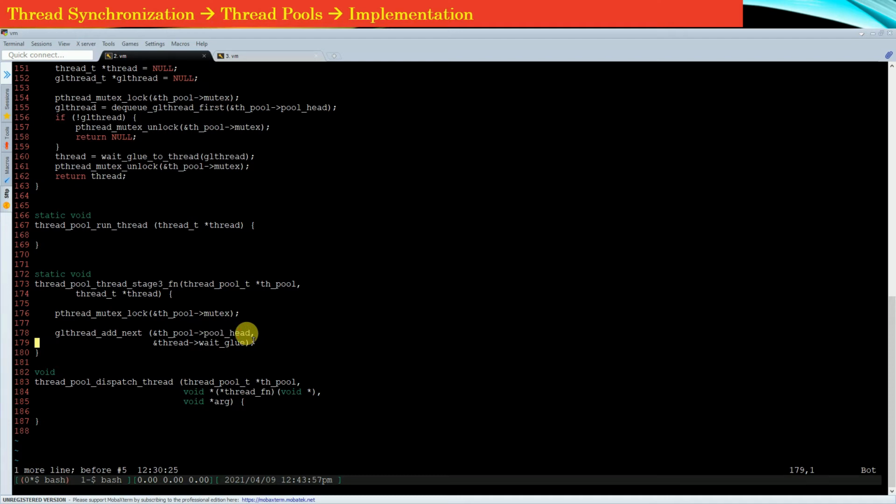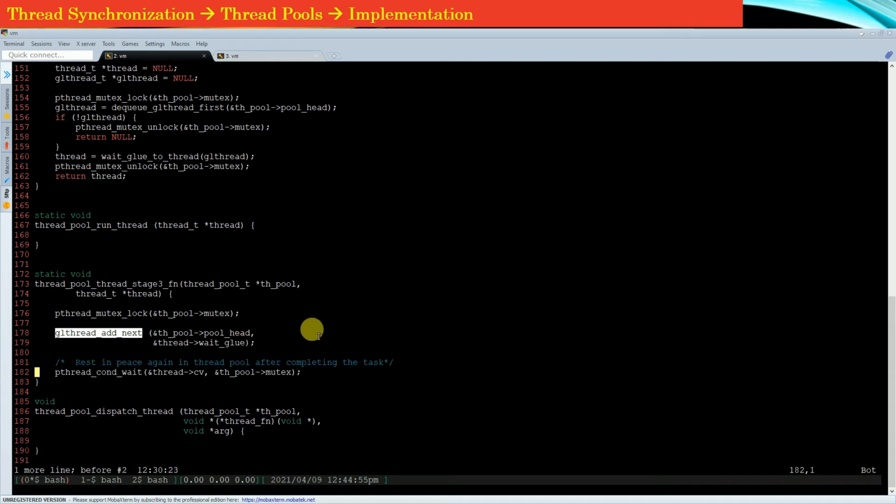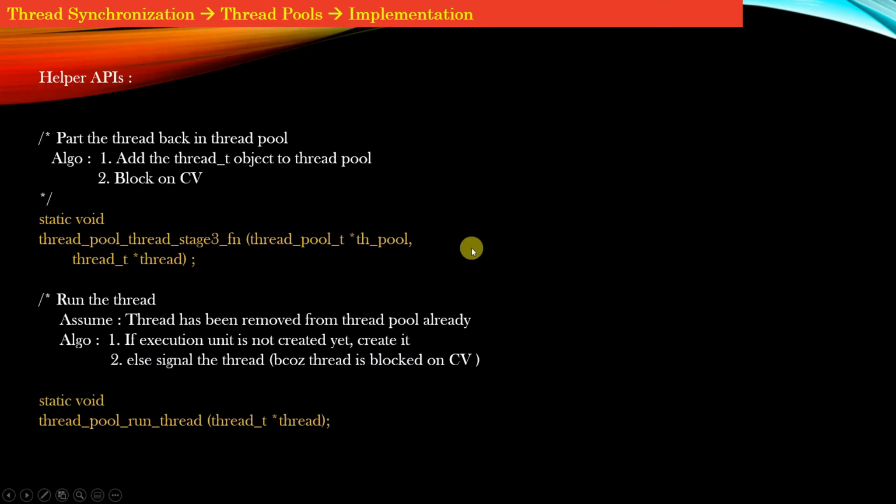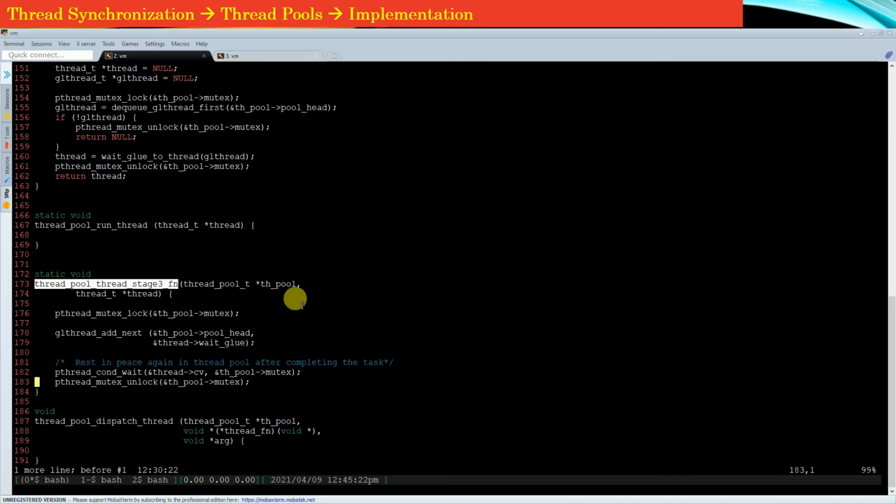And we already know that our thread pool is nothing but a linked list. So we can simply insert a given thread into the thread pool using the API glthread add. And the second thing that we need to do is to block the current thread on its condition variable, right? And simply unlock the mutex, and this completes the implementation of this API. So this API represents step number 6, that is parking the thread in the thread pool, right? This API is all about inserting this thread into a thread pool and then making this thread block,